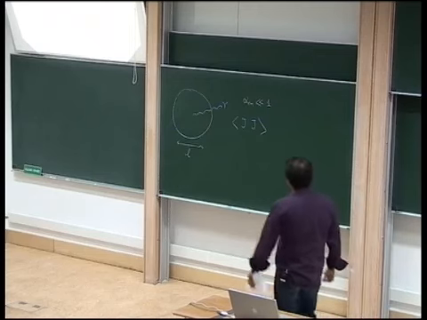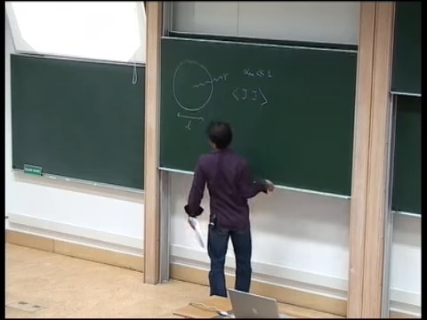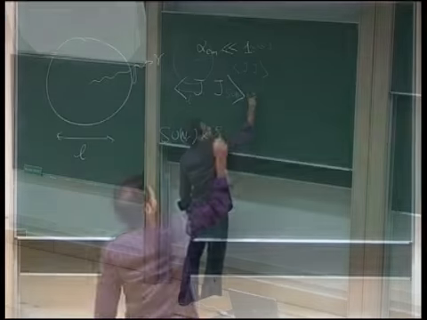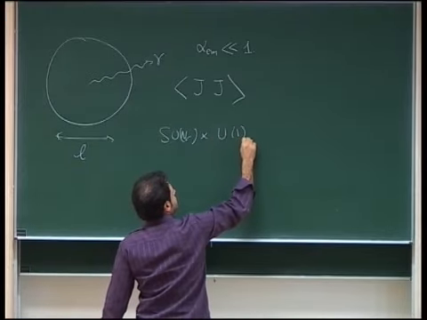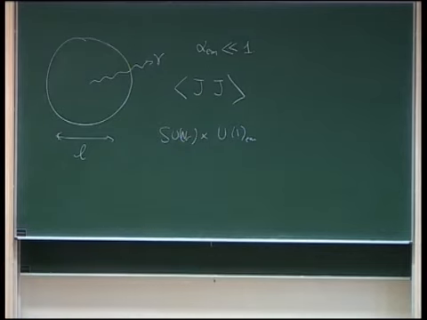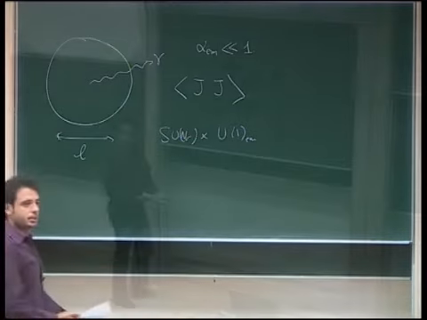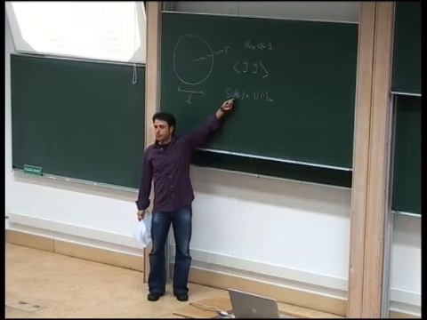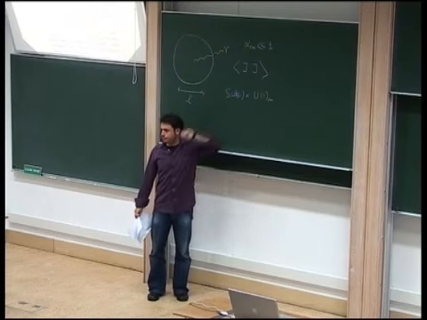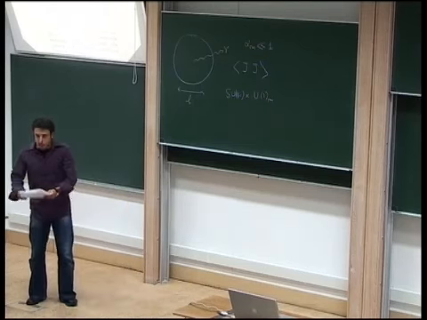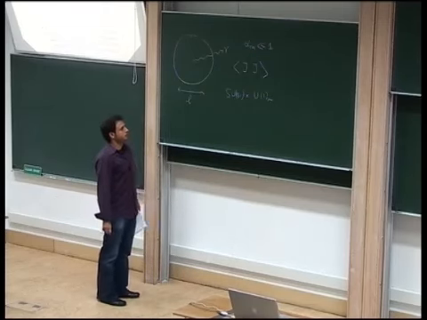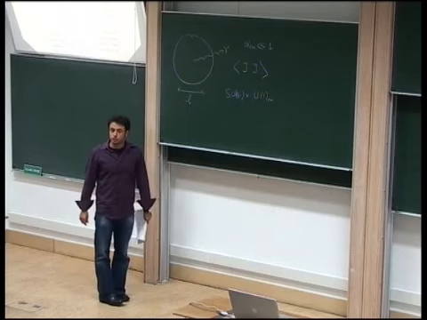OK, so how do we do this? Suppose you have an SU(N) cross U(1) gauge theory, where this U(1) is a photon. For example, imagine you have large N QCD that has a gauge group SU(N). If you couple that to electromagnetism, then the gauge group is SU(N) cross U(1). So for such a gauge theory, there's a standard formula that you can find in textbooks that tells you what is the rate of photon production,